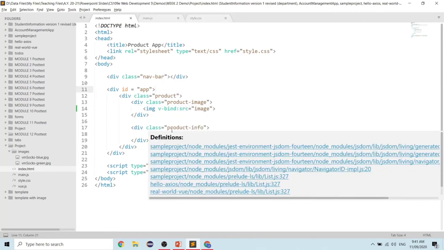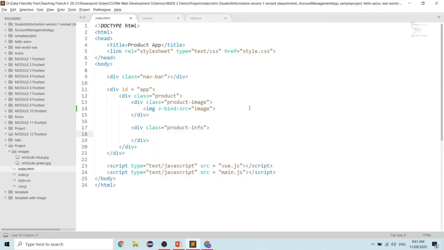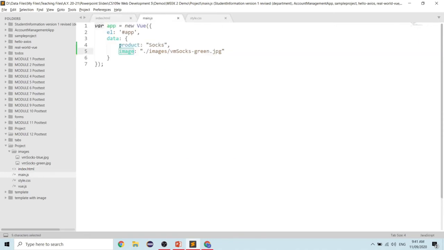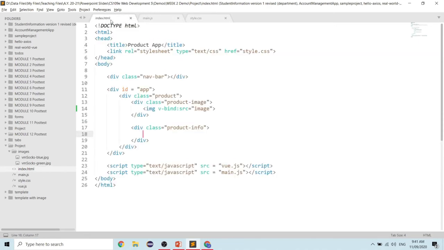So inside our product info, let's say for example, we wanted to display naman yung product using an h1. So we can do that here inside this product info using an h1. And this time, since we will not do binding, it is interpolation. We will not manipulate the attribute of the h1. We will just display the value here. So no need to do binding. So inside the mustache